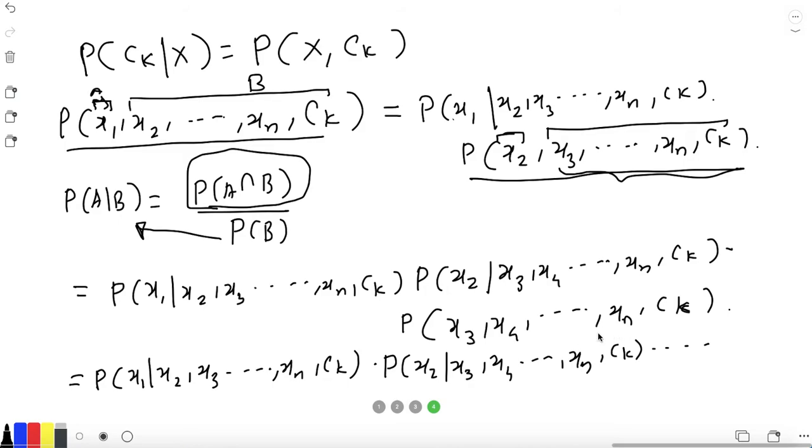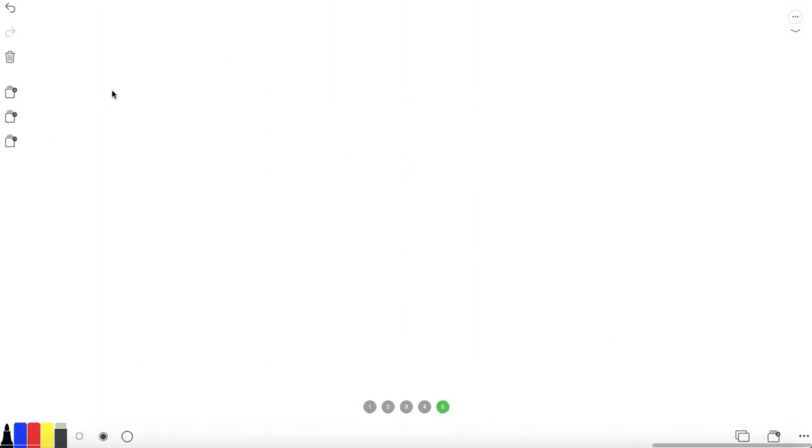Likewise, you will write for X3, and then finally you will have probability of Xn given CK into probability of CK. That's the term you will get if you go on expanding each and every term, right? Okay, so let me rewrite this on a new page. So what we have is probability of